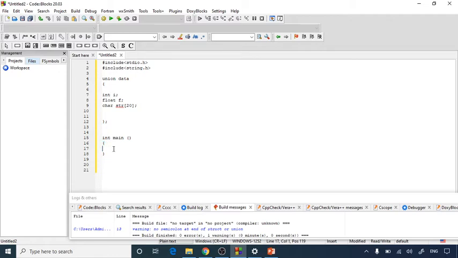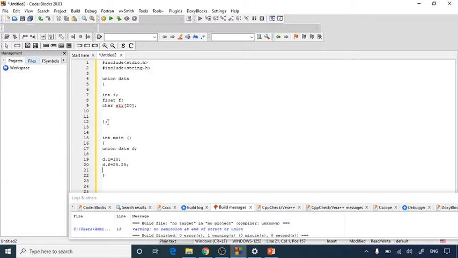Then inside the integer main function I'm going to write union data d. So d is my first variable, and then I'm going to give values to my d. I'm going to write d.i, because integer i is what I have used, is equal to 10. Then d.f equal to 25.25, a float value.